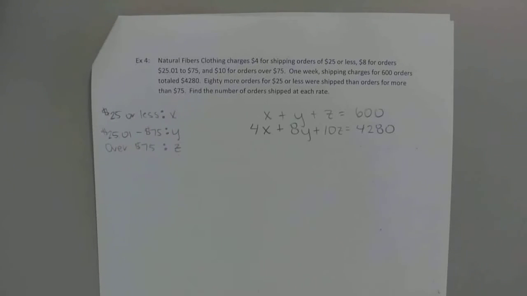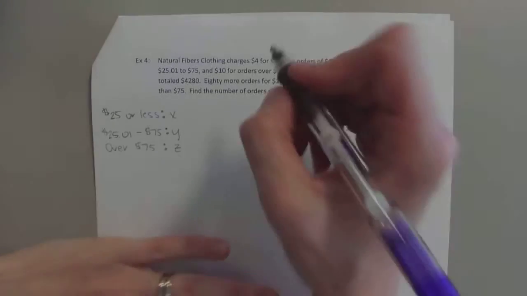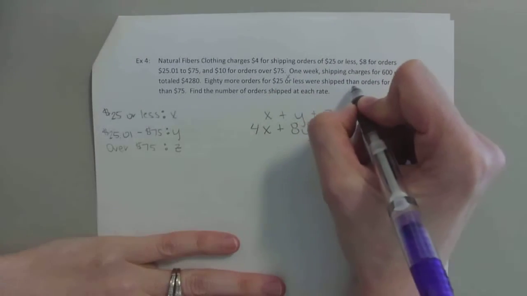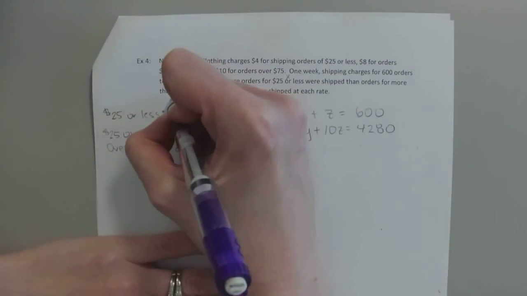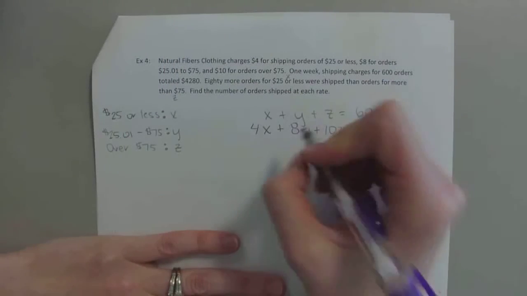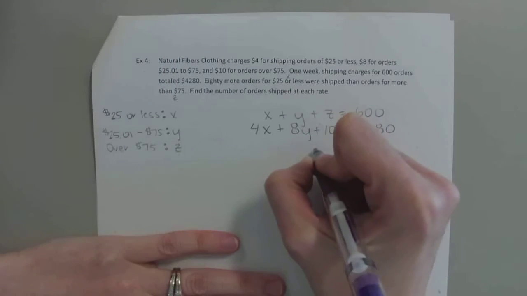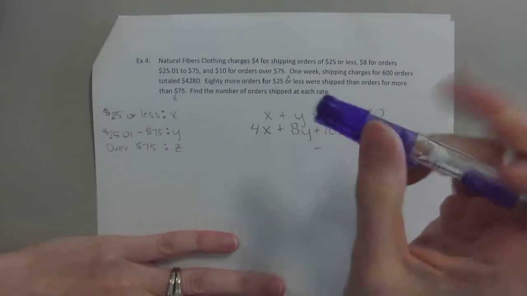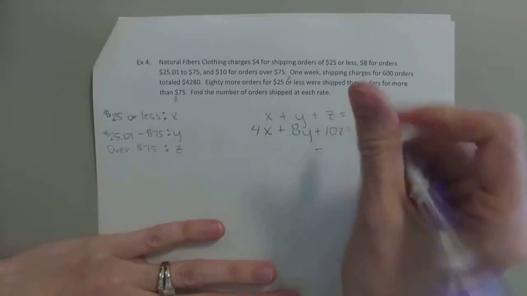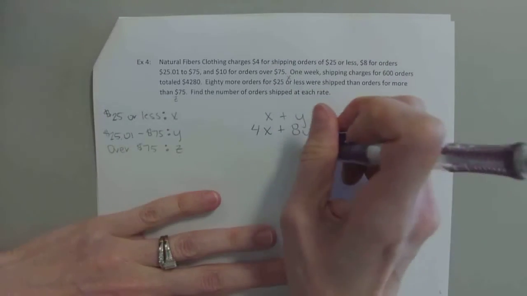Okay, so the last sentence gets kind of tricky. There were 80 more orders for $25 or less than the orders for more than $75. So they're talking about just X and Z. The $25 or less was X, and the orders for more than $75 were Z. So which one had more? X. So X equals,